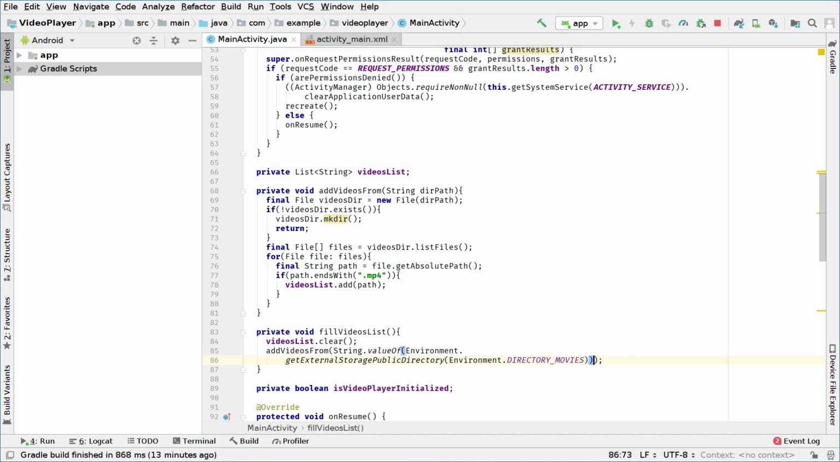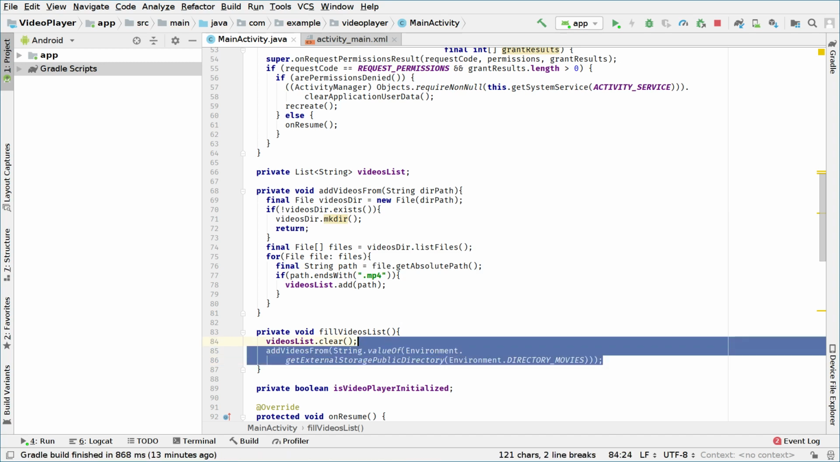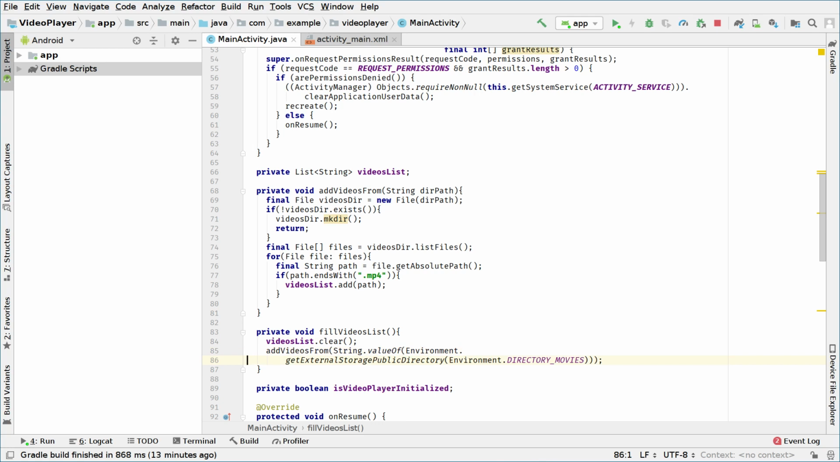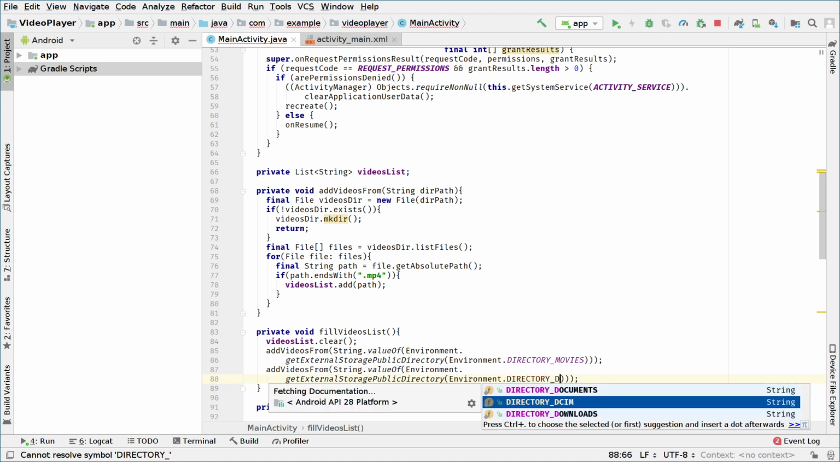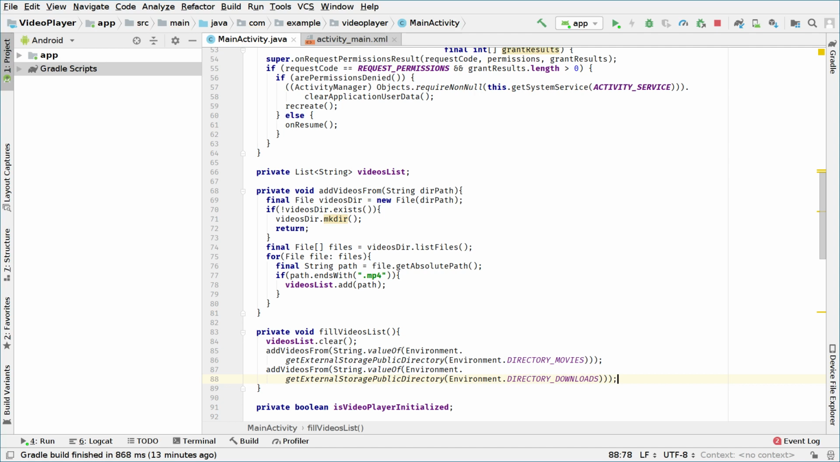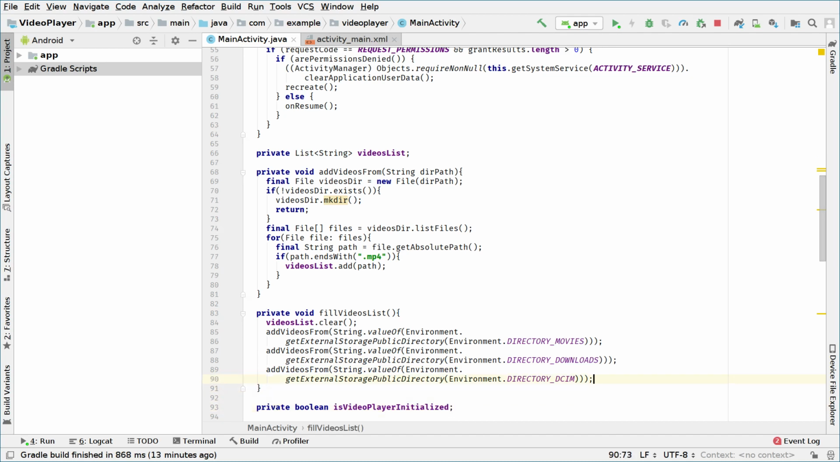Okay, so now we are adding the videos that are in the movies folder, but maybe we also want to add the videos that exist in the download folder. So here we will copy the same thing, and we will change movies with downloads. And maybe we also want to add more videos from the DCIM folder, which are the videos that we record with our camera, for example. So we have 3. You can add more if you want, like documents or something else that may be useful. For now, we will use these